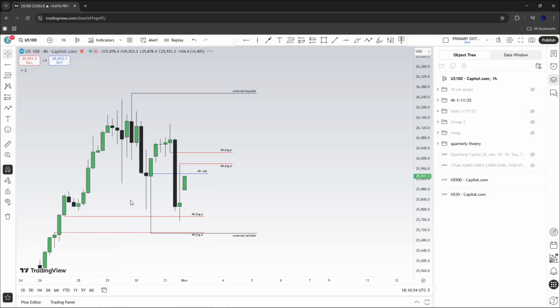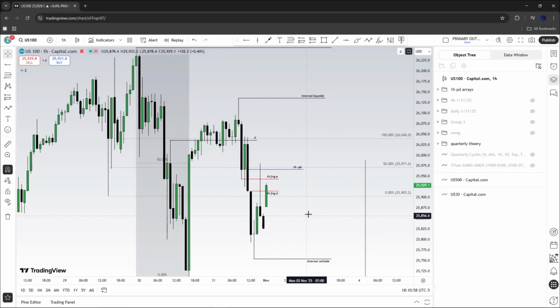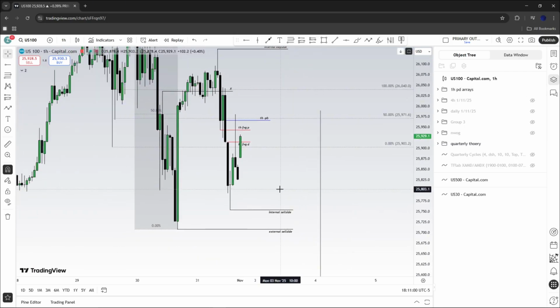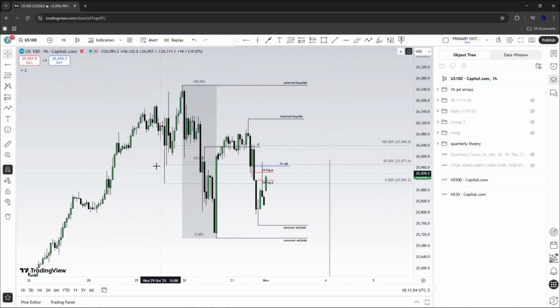Going down to the 1-hour time frame, and getting rid of our 4-hour PD arrays, we're looking at the 1-hour time frame. We can see that we've got this range again. We have the premium wick marked out over here as a gap, some sort of gap. We have the internal buy side, which rests above, the external buy side, which acts as our range high, and the external sell side as our range low, as well as all of our internal areas of liquidity marked.